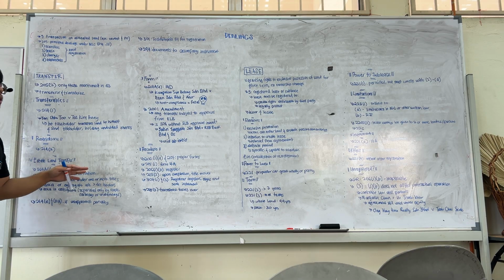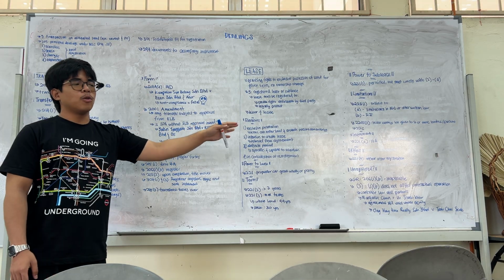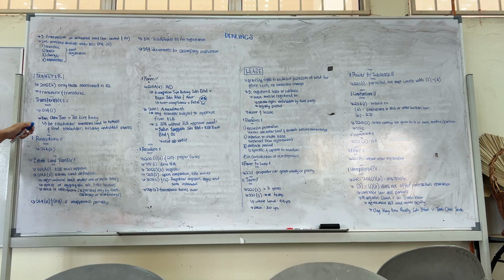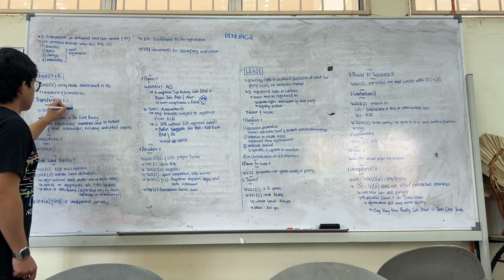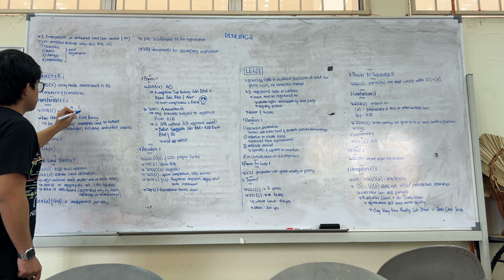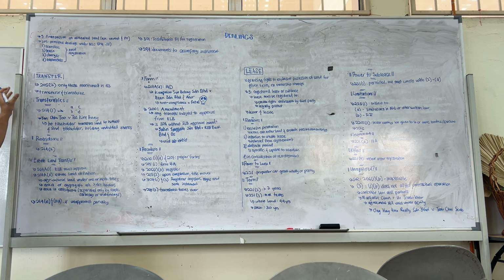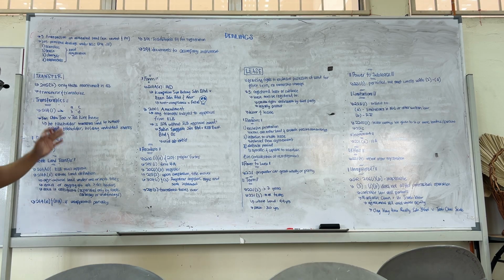Now notice that in my whole whiteboard, a lot of the provisions I only write down the provisions without further elaboration because, for example, section 214 subsection 1 has A, B, C and so forth. So it will take up a lot of my space in the whiteboard. That's why I'm not writing it down. So just know that the transferables, what can be transferred, as well as other provisions, are mentioned under 214, which has many more, A, B, C, D, E, and so on and so forth.